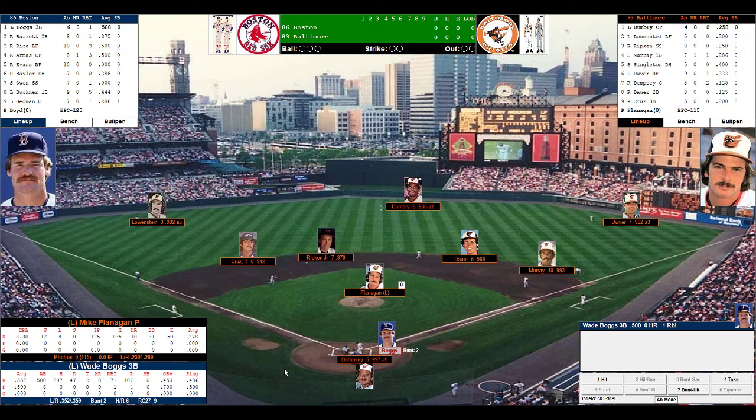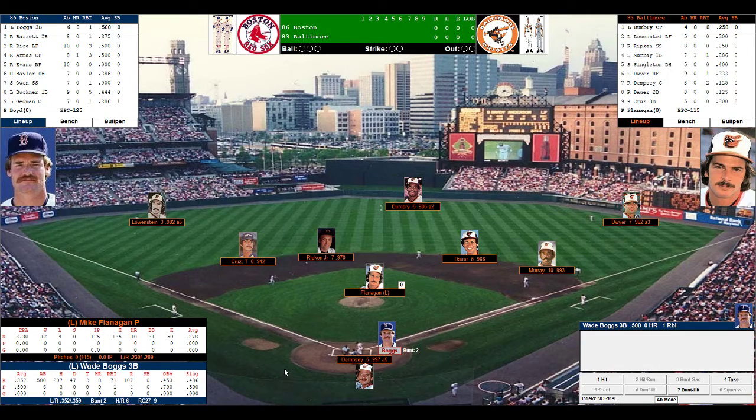Alrighty, so here we go. Wade Boggs to lead it off, folks, here in this one and done playoff tournament semifinal. Boggs in the tournament so far, batting .500, no home runs, 1 RBI. In actuality, in 86, he batted .357, 8 home runs, 71 runs driven in, 107 runs scored.